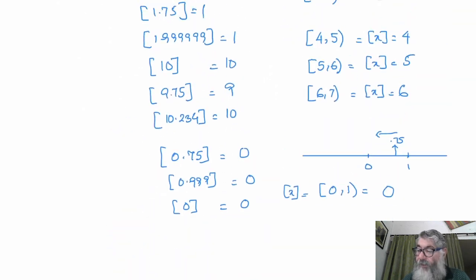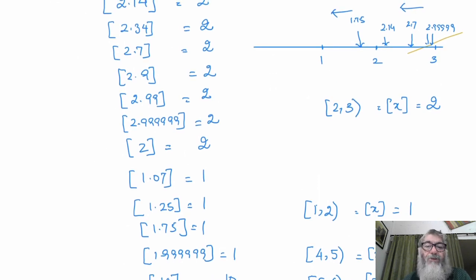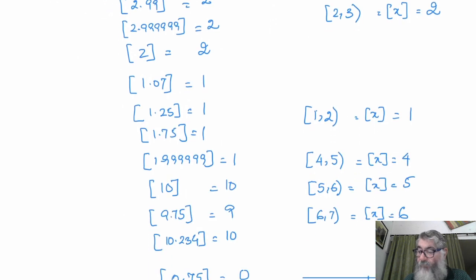So whether it is plus or minus, the best approach to the greatest integer function is to pick your number, put it on the number line, and move to the left. If it is an integer, then you are on the integer itself. But if it is not an integer, then move to the left and find the first immediate integer, and that will give you the greatest integer function.